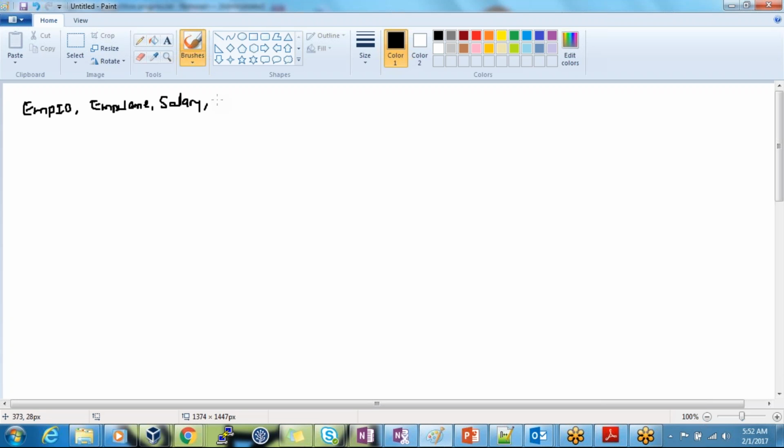What are the assets assigned to us? Let's say employee ID is 100, name is Ravi, and salary is something, and assets are like laptop,